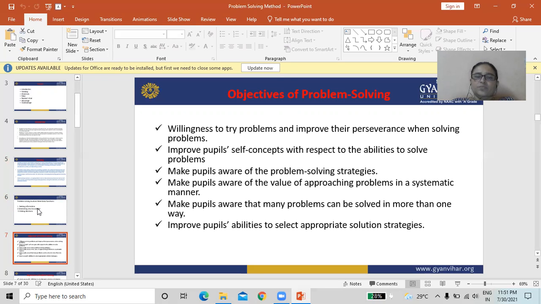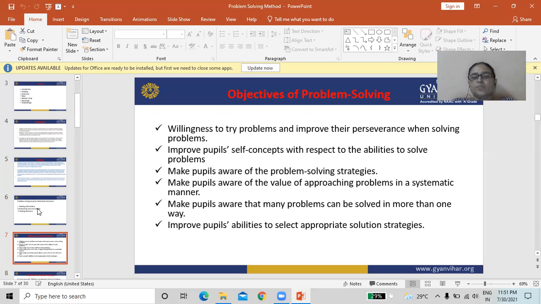Improve people's self-concept with respect to the ability to solve problems. Make people aware of the problem solving strategies.